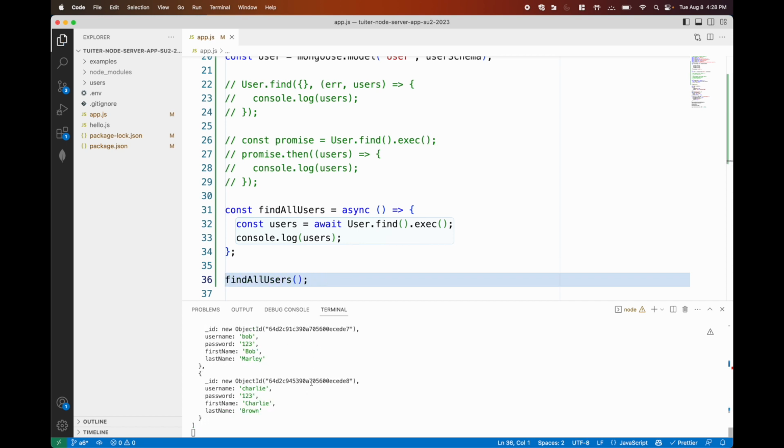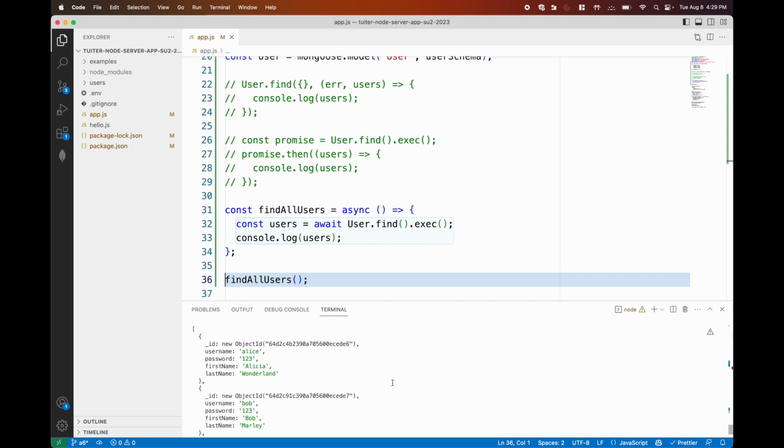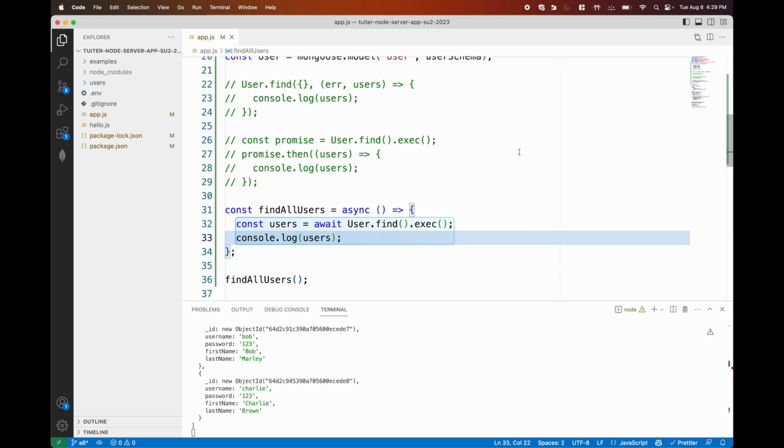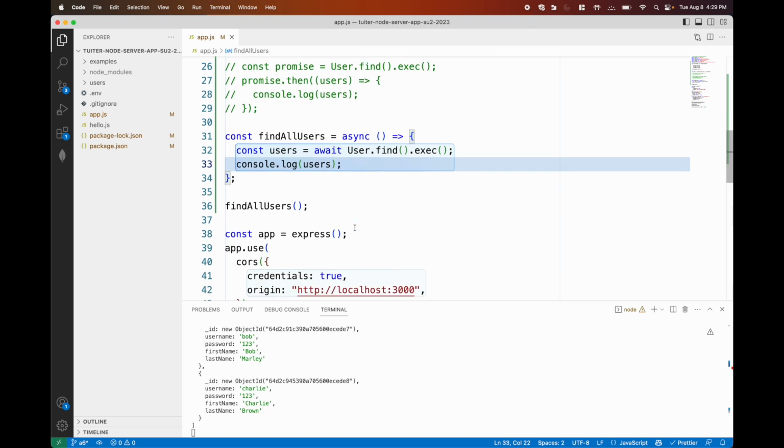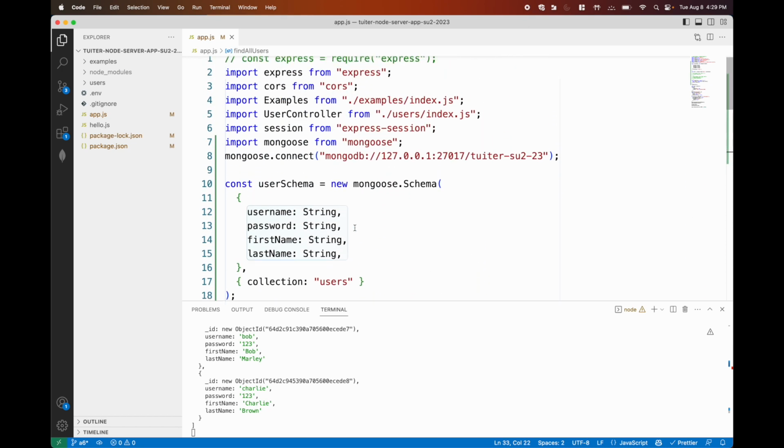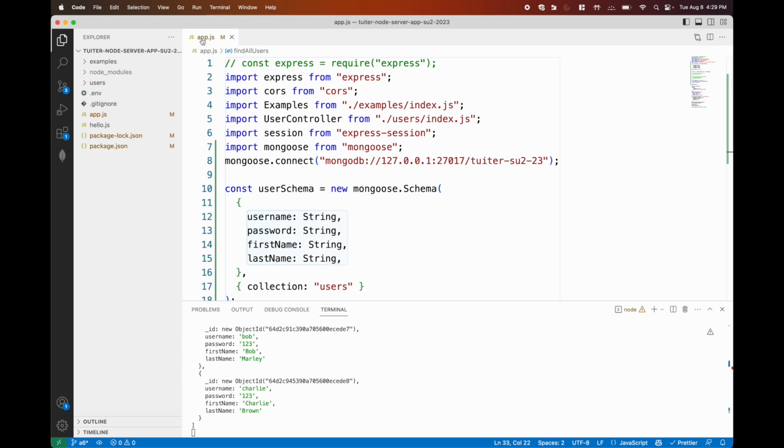And then save that, and it works just the same way. There it is. So it displays the users. So here we have some interactions with the database, but instead of putting everything in app.js, let's move everything under